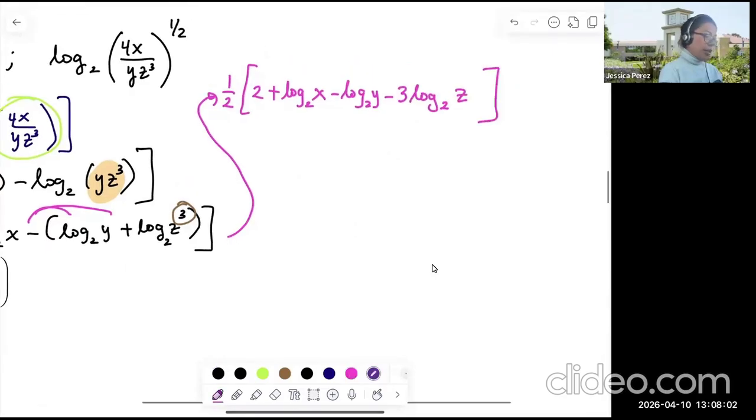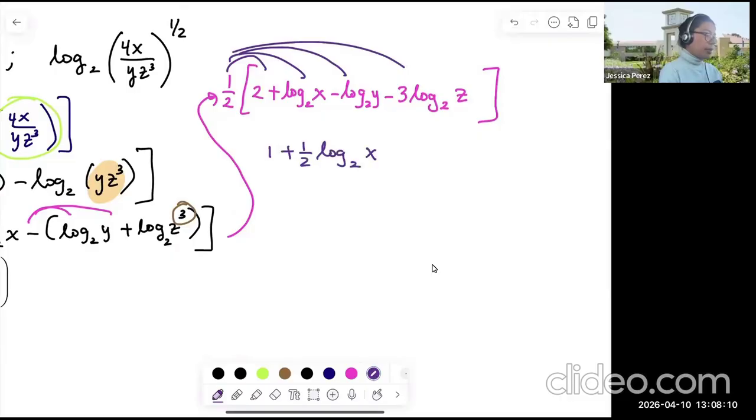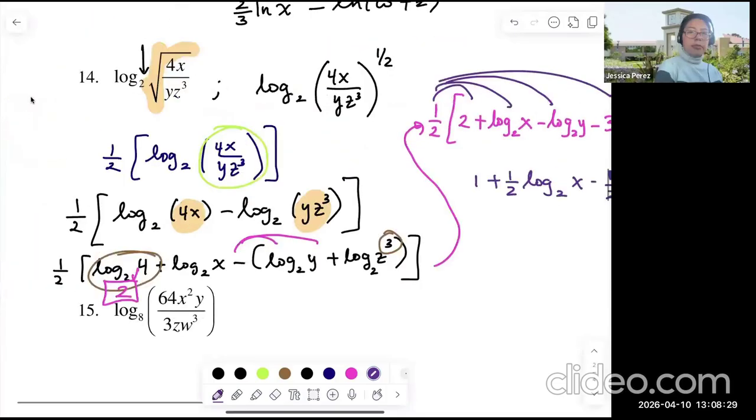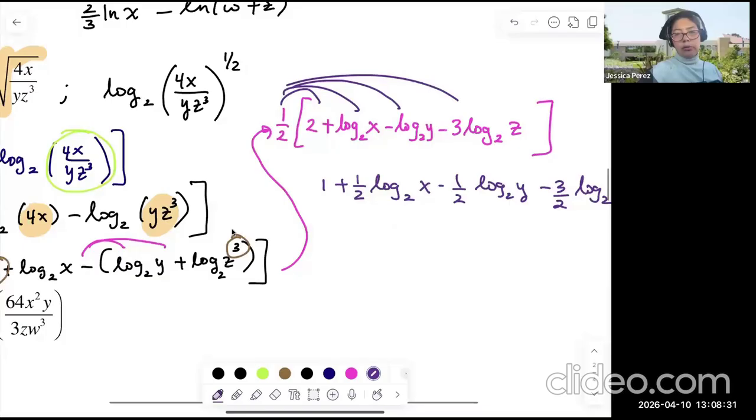Then see how I'm going to have to multiply it out? So then I'm going to have 1 plus 1/2 log base 2 of x minus 1/2 log base 2 of y minus 3/2 log base 2 of z. And that is indeed my solution for number 14. So 14 is a little long,